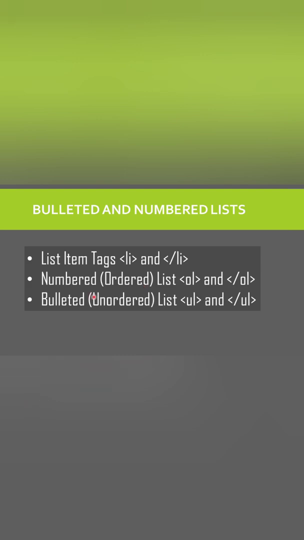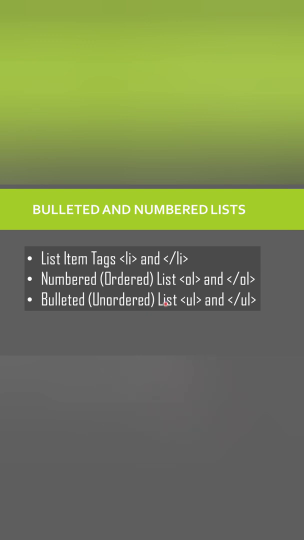Now, if you want to list the items in an ordered manner, then you can use the numbered or ordered list. So OL, ordered list, OL pair of tags are used for numbered list. Now, if you do not want a particular order, then you can use the bulleted or unordered list. So unordered list, UL pair of tags. In the case of a numbered list, whatever items you enter will be displayed in order, like 1, 2, 3. In front of each and every item there will be numbers like 1, 2, 3. For the first item, it will start with 1, then the item name. For the second item, again 2, then the second item name will display. Then the third item 3, then the third item will display, like that. So it will be in an ordered manner.